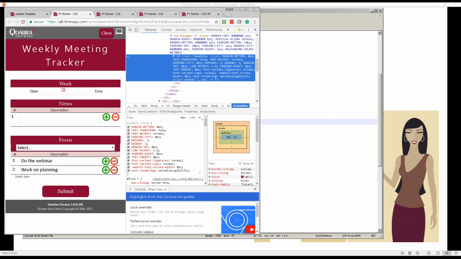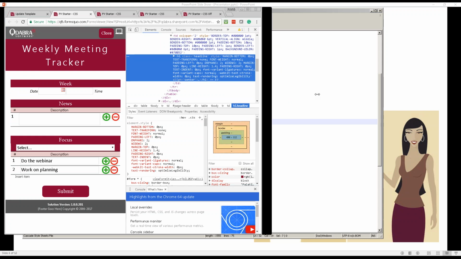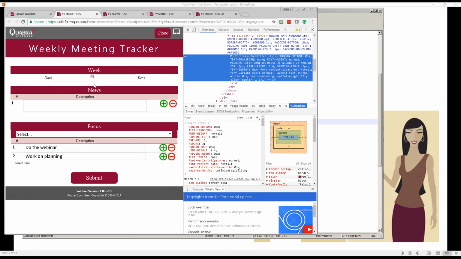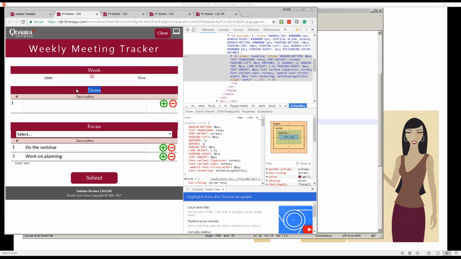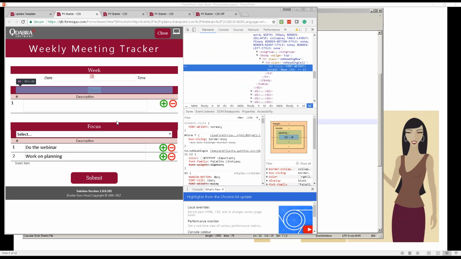So for example, I want to change the colors for the week headers there, the news and the focus. So you right click right there where that bar is and inspect, and it's going to point you to the correct tag in the HTML. And if you go to TD class XD heading cell